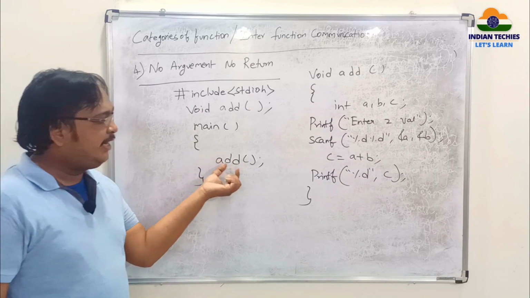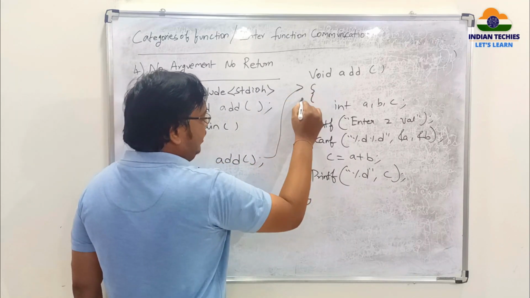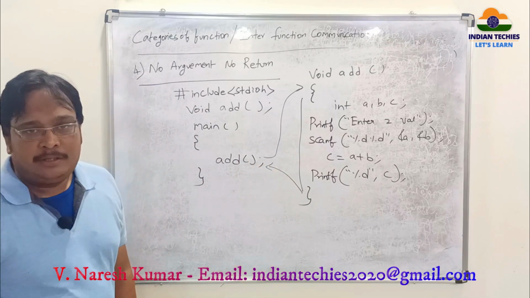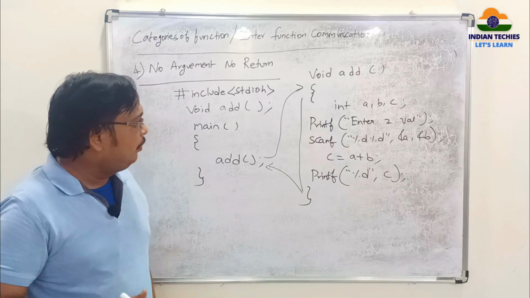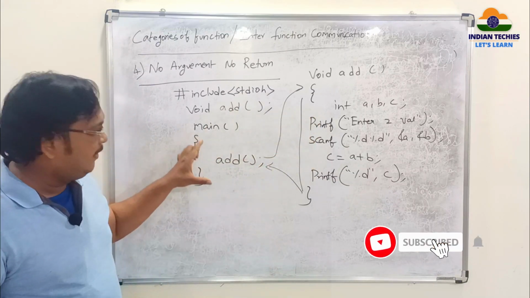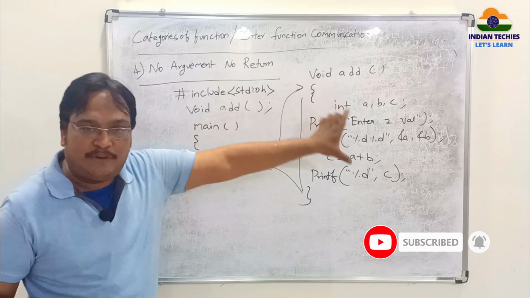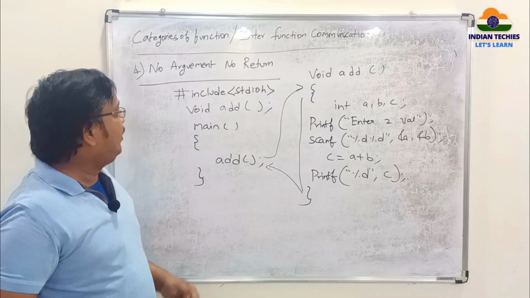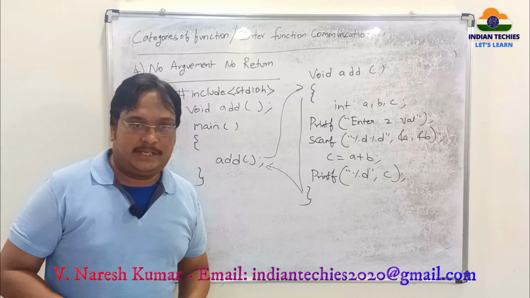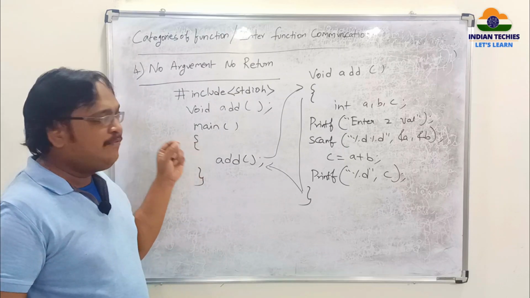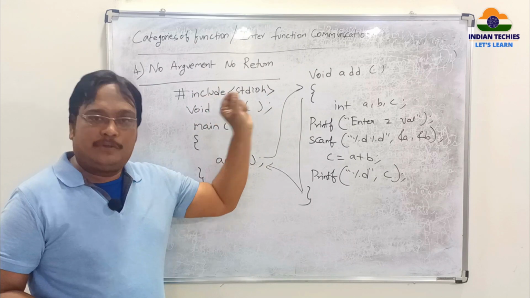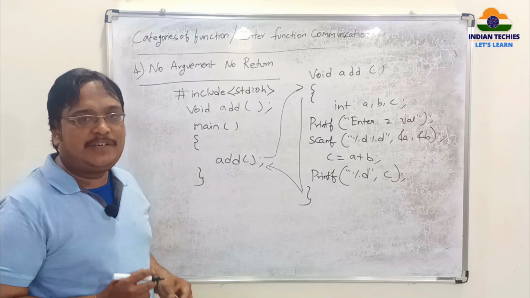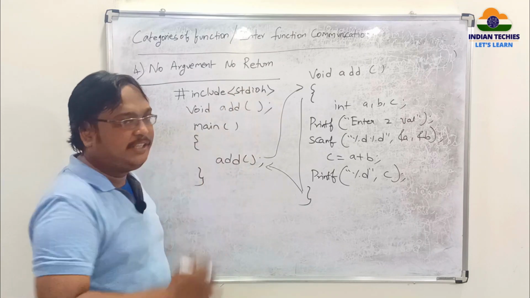So whenever you say execute the add function, the compiler directly jumps to this function, executes all the lines and comes back to the main. Nothing more is there. This is normal programming execution. So instead of writing all these lines inside the main, we write them inside the function and call that function inside the main. This is how we perform no arguments and no return. The main function will not send anything to the user defined function, and the user defined function will not return anything to the main function. Only execution is done inside the main. Just execute that function. That's it.